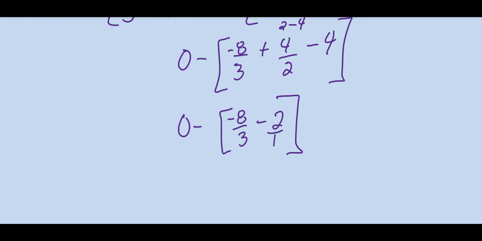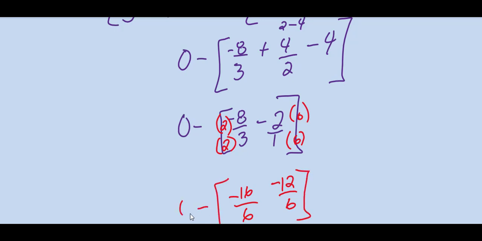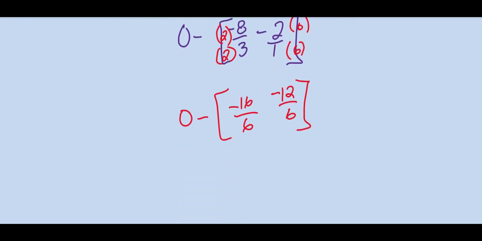then we would have to find our least common denominator, which happens to be what? 6. So if we multiply this one by 6, then this will give me a negative 12 over 6. And if we multiply this by 2, this should give us a negative 16 over 6, right? And then negative 16 over 6 minus 12 over 6 gives me a negative 28 over 6 minus 0. These two negatives become positive, so that will give me a positive 28 over 6,